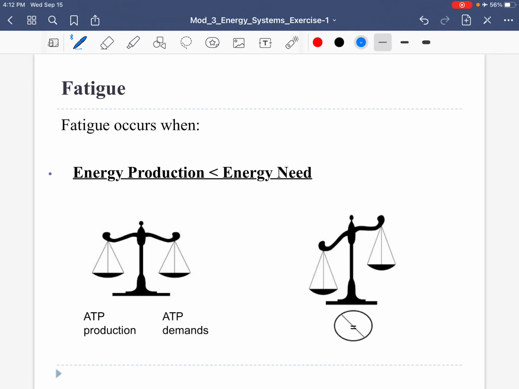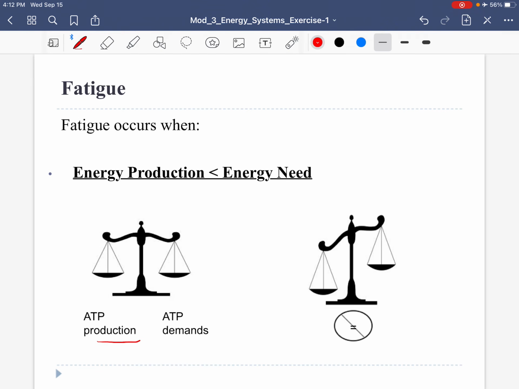Basically, there's all sorts of things that can contribute. Everyone wants to talk about buildup of lactic acid, and I'm sorry to tell you, the research doesn't necessarily show that lactate accumulation is positively correlated with fatigue. Sometimes it is, sometimes it isn't. So it's a much more complex puzzle to understand. Something that we do know,